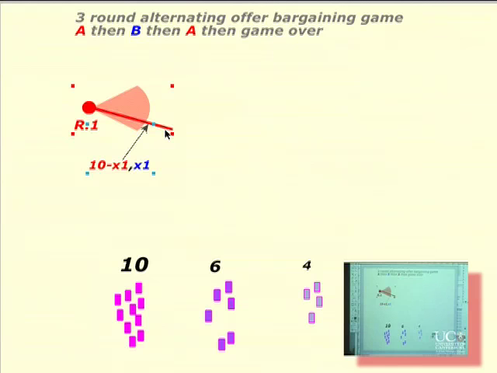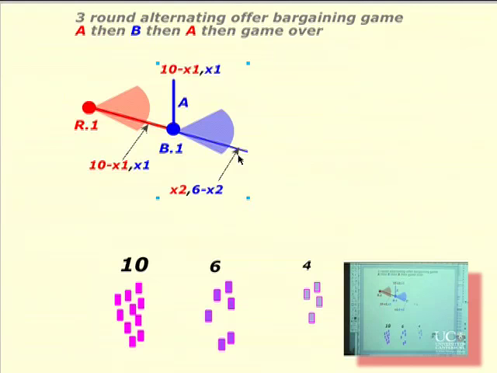So that's what this little symbol here is. Then the blue player comes into the game. They have a decision. They can accept, and the game ends with the same payoff. Well, this is really the same outcome, okay? The same outcomes here as what the division of the pie was down here. And if they reject, then they can make some offers that are between 6 and 0, x2 for